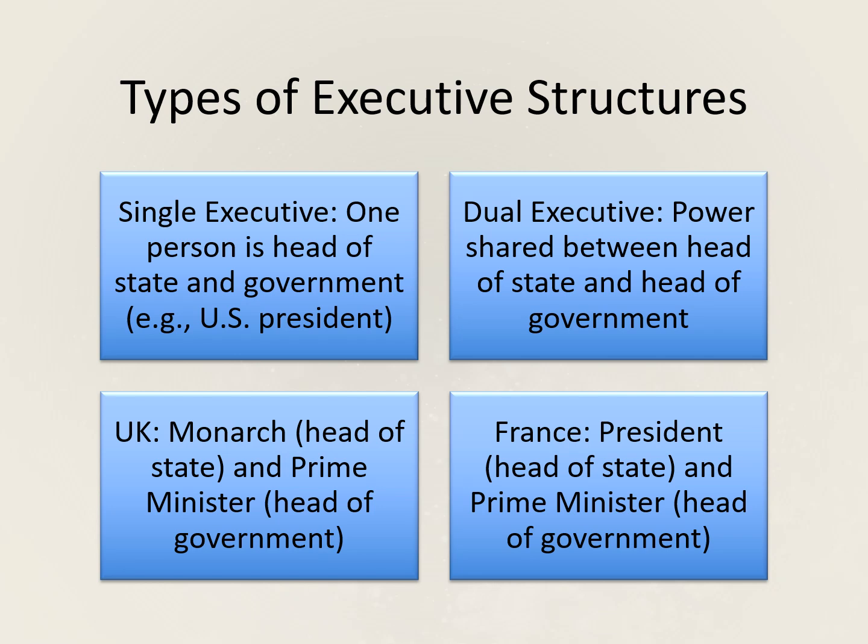On the other hand, dual executives. Power is split between a head of state, a symbolic leader, and a head of government, the person who actually runs the country. These are found in parliamentary and semi-presidential systems. A good example is the UK, where the monarch, Prince Charles, is the head of state, and the prime minister is the head